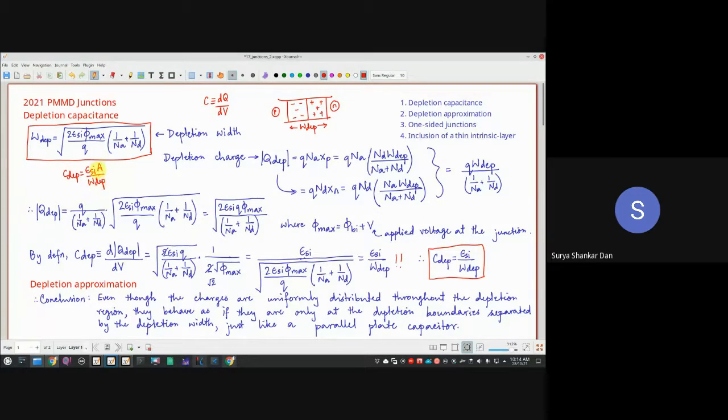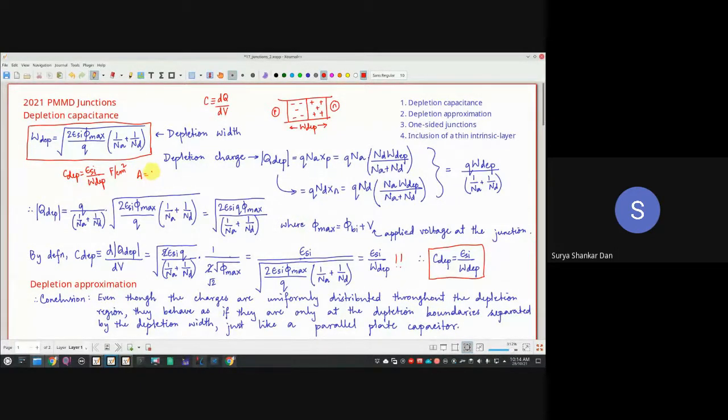Just the only thing is that in a parallel plate capacitor, you will be having epsilon A by the separation between the charges. Here we do not write the A. We are going to have this as the unit. So basically, whatever device level capacitance we will consider, not the circuit level. Next semester, if I'm teaching circuits, I'll teach you that the net capacitance, for example in a VLSI design course or in an analog IC design course, in those circuit designs, you have to bother about that A.